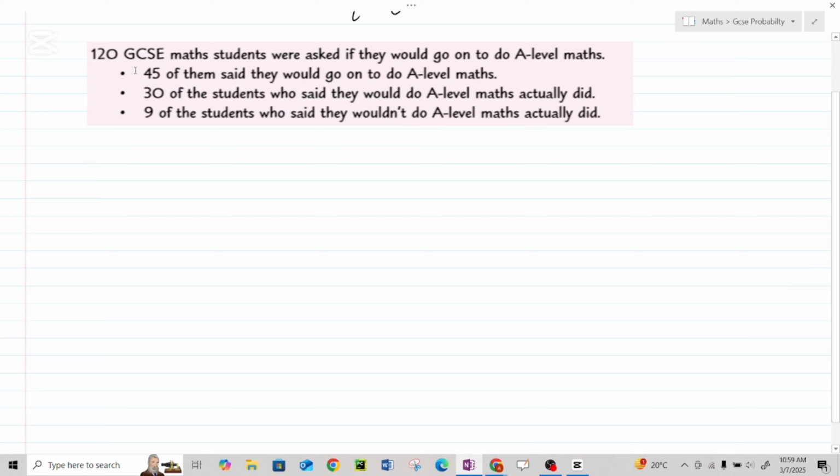Here they say 120 GCSE math students were asked if they would go on to do A-level maths. 45 of them said that they would go. 30 of the students who said that they would go actually did go, and 9 of the students who said that they would not go actually did go. So the question would be,